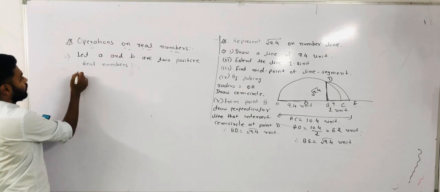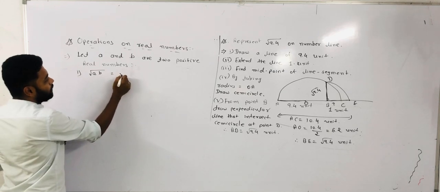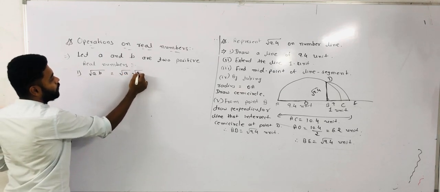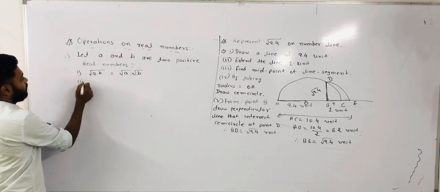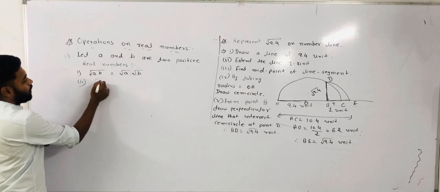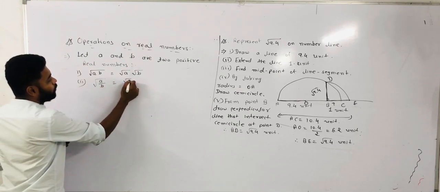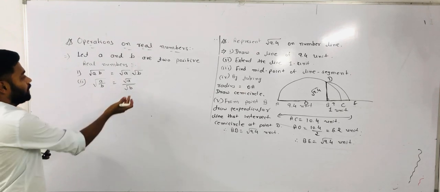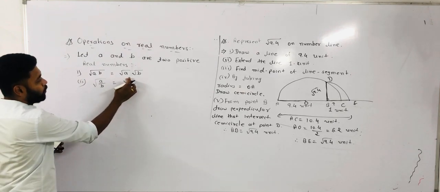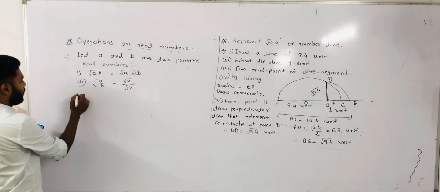Then the first property: if you multiply AB, then you can write it also this way, root A into root B. Both are the same thing. Same way for division, if you are given under root A by B equal to, you can write root A upon root B. Similarly, the opposite is also possible. If you are given root A upon root B, then you can write root A by B. Then third,